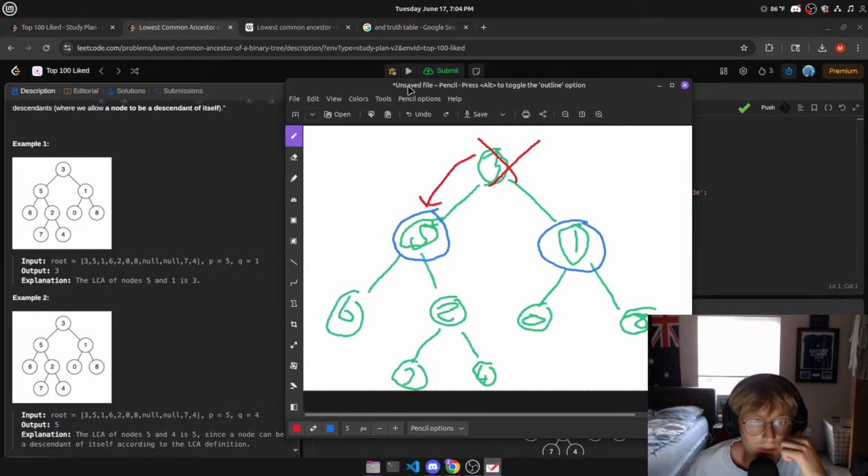Yeah, so I feel like we have to have some sort of flag to know that we found our P, we found our Q, but somehow also keep track of our parent, right? Because